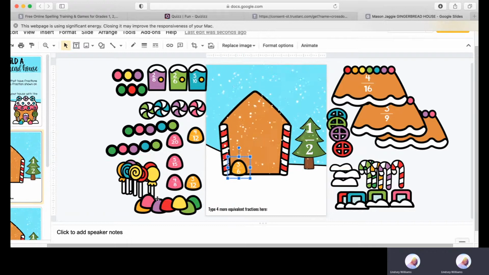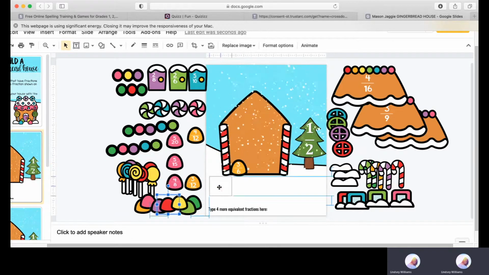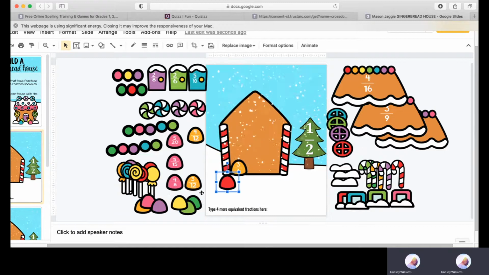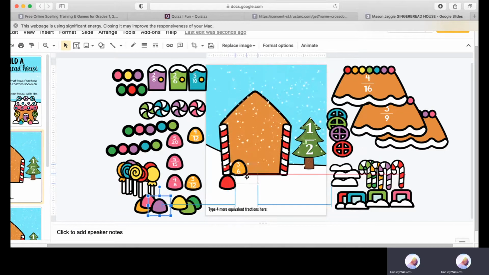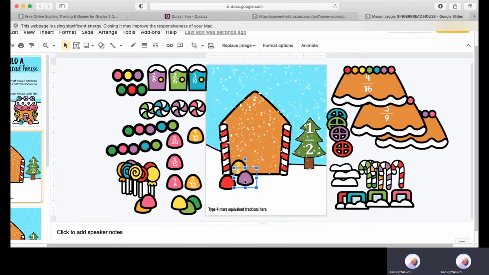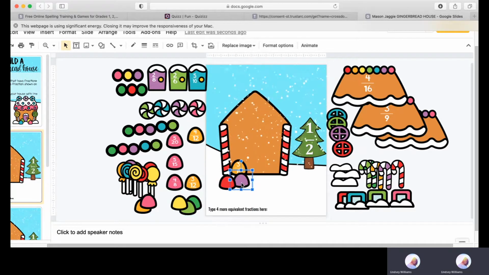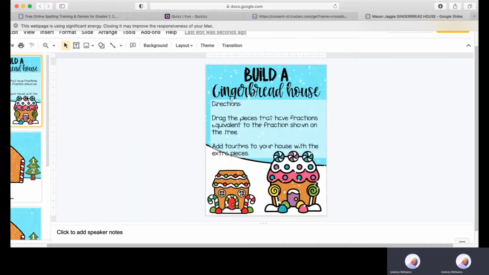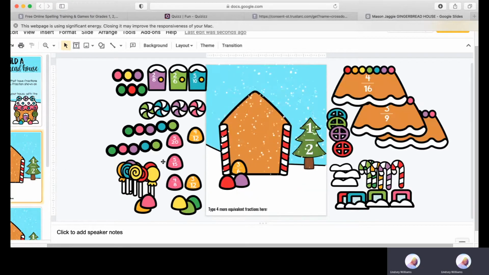And you can also add, notice there's some that do not have anything on them. You can add those just as decorative pieces. And if you really don't know what it's supposed to look like, you can always go back to this first page and look at the example. So I like to kind of keep that over to the side to use as an example. All right, and then looking here,